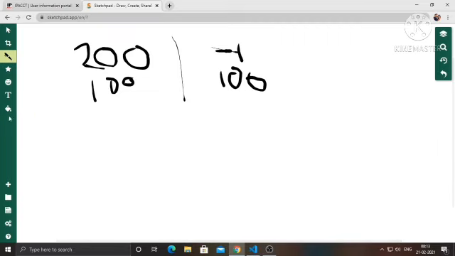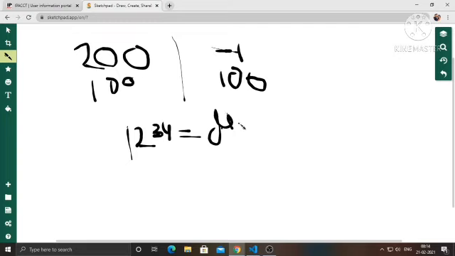In general for an Armstrong number, suppose we have a number 1234, I have taken a random number just to explain. The general way of finding an Armstrong number is to count the number of digits in this number. Here the number of digits is 4.